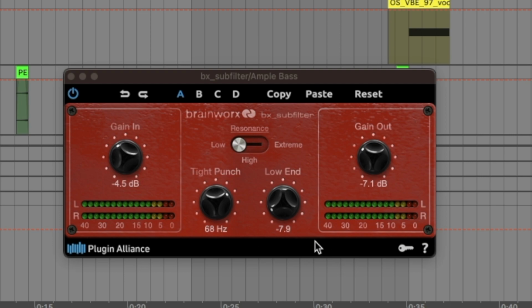What this is doing is first taking a look at this tight punch knob. Everything under this 68 hertz is being cut. So basically it creates a threshold where you're cutting all the frequencies under it. This helps control the bass from being too boomy and muddy by getting out those low frequencies. Then you can further